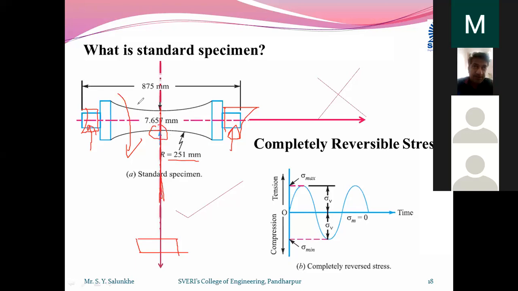But this point will go on rotating and reach this point. At that time, the same amount of compressive load will be applied, and each and every point on this specimen will undergo completely reversed loading, creating a completely reversed cycle. So we can go on adding load, which we can measure in grams,